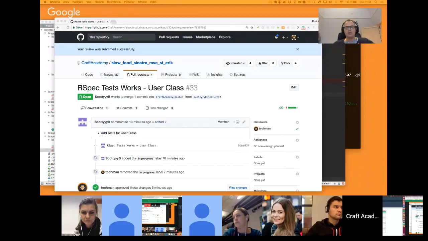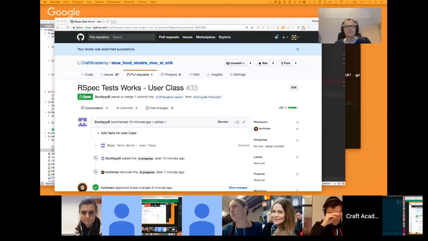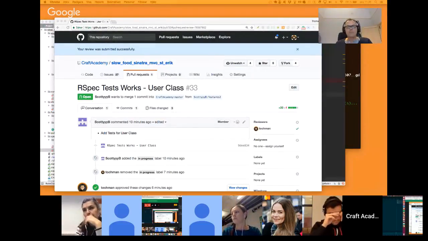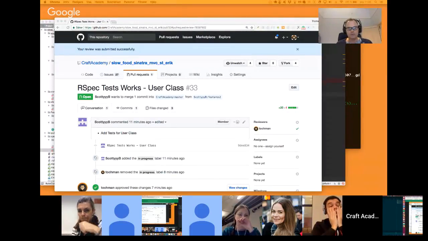And also, when you're finished with something, or from time to time, you have to do git pull upstream master. So if you don't have the upstream as a remote, as we just did for Scott and for Alfred, you have to go to the repository, copy that URL,